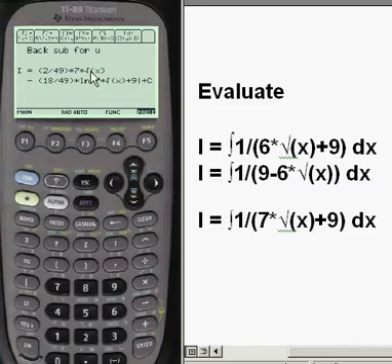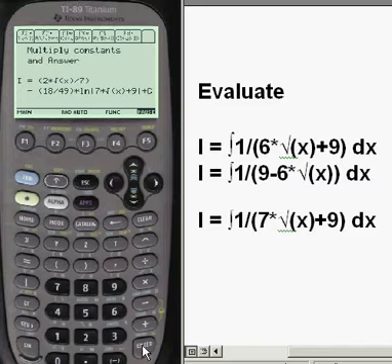We back substitute here. And then we multiply the constants. Here's the answer, 2 over 7 square root of x minus 18/49 times log of 7 times square root of x plus 9 plus c. Notice how the answer is more complicated than the